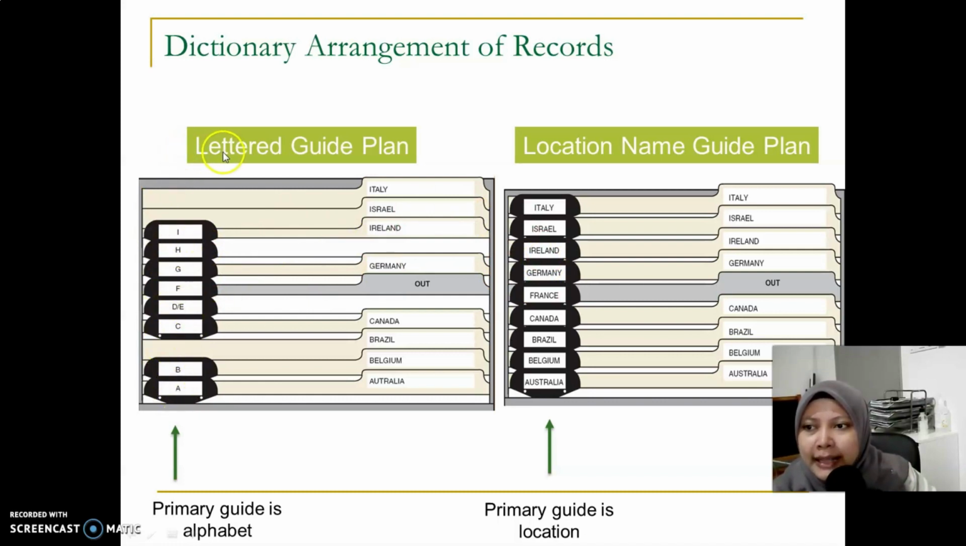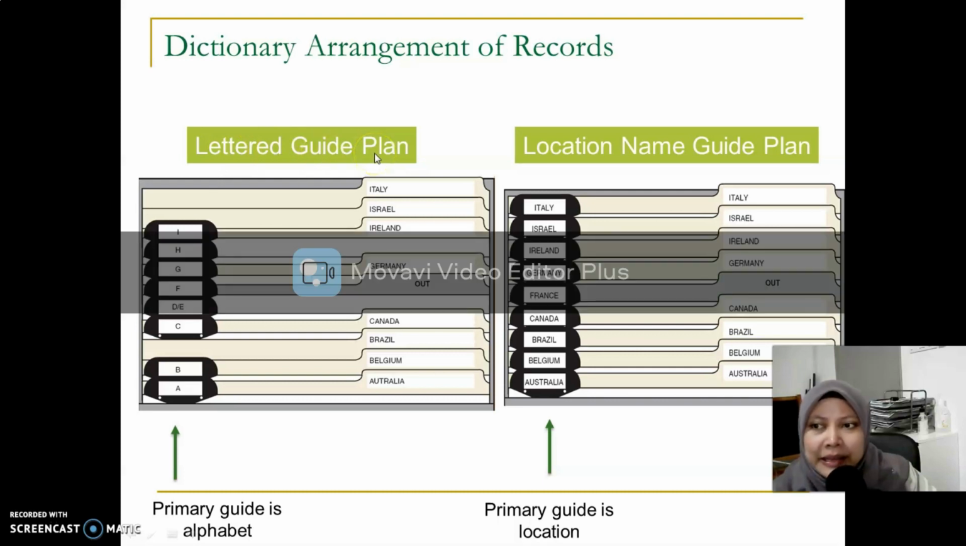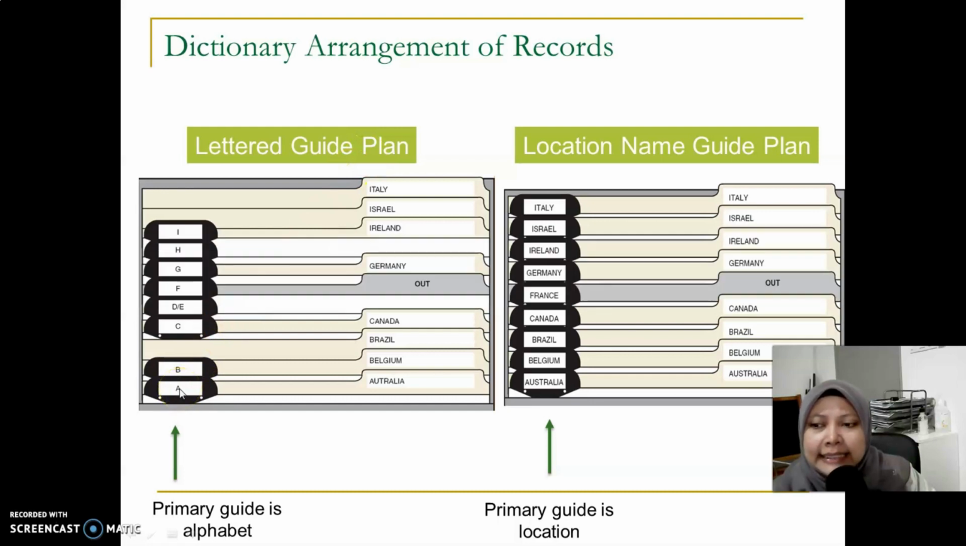That's why we call it the lettered guide plan. I repeat, this is under the dictionary arrangement, where we have two types. This is what we call the storage using the lettered guide plan, because they use the letter. For Australia, they put A for Australia instead of the word Australia itself on the primary